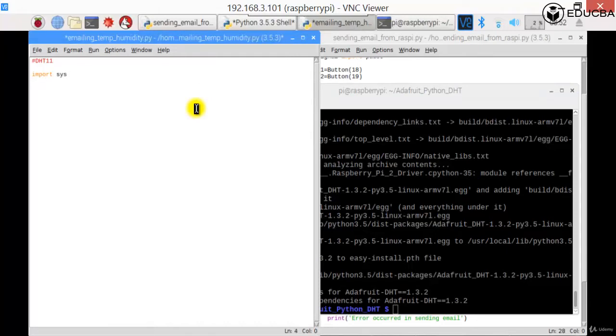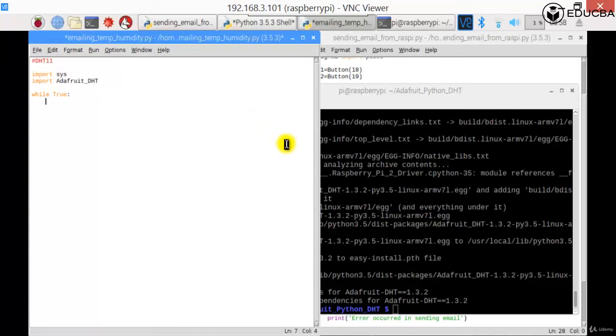Import the sys module, which is quite important, and also of course the Adafruit library, that is the Adafruit_DHT. Okay, so enter, and let me say while True, I just need to use the methods. So there is a method in Adafruit_DHT, and you can just get the temperature. So one of the methods that we can use, you can just have a look at the documentation once